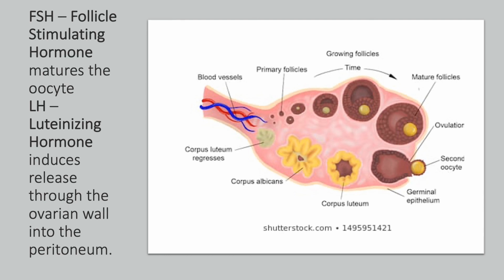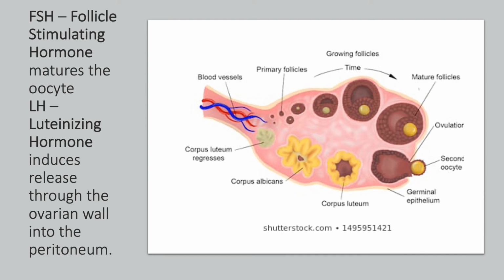What you have is basically immature oocytes that mature through a process with influence from follicle-stimulating hormone. Follicle-stimulating hormone and estrogen are responsible for the ovulation process in females, along with luteinizing hormone, which we'll talk about. But the follicle matures